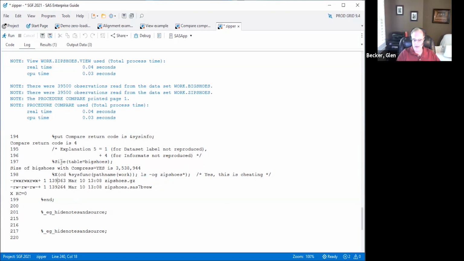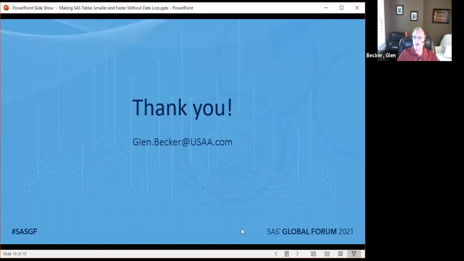So the total of that is about 270 kilobytes rather than 3.5 megabytes. I'd say that's a big savings. So Zypper is really nice for data that you're not going to read very often. However, of course, you do pay a performance cost for it. Well, that's all the material I have today. Thank you, and I'll be happy to take questions.